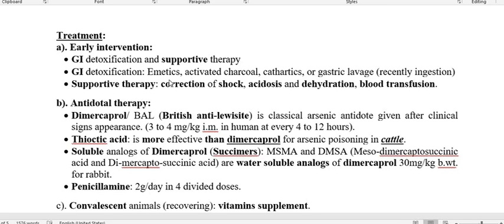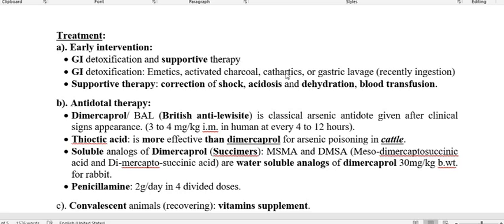If you are not going to give the emetic as a supportive therapy to remove the arsenic present in the GI tract, then you have to go through the activated charcoal. So what is activated charcoal? It is the adsorbent. So what is the adsorbent? This activated charcoal is going to adsorb the arsenic present in the surrounding area of the GI tract, and simultaneously